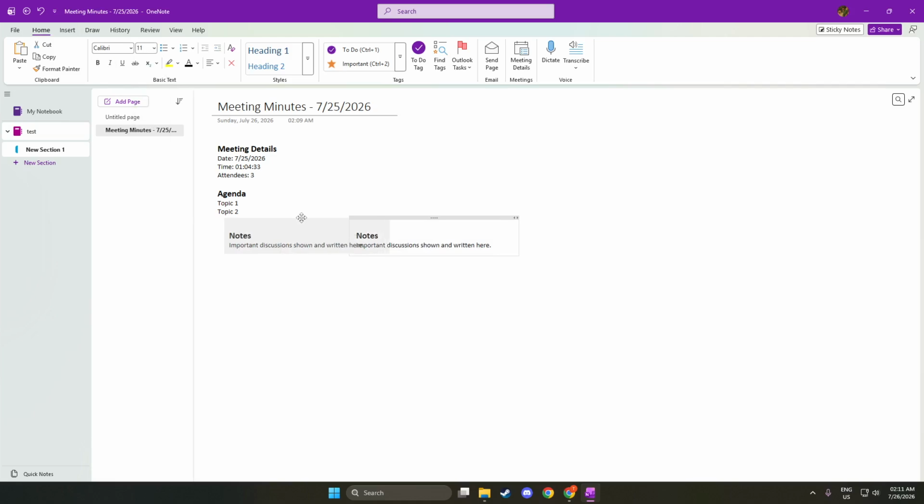Next, we will create the action items section. This is where you'll detail each task, including the person responsible and the due date. Format it as task, person responsible, due date. This structure is essential for clarity and ensures everyone knows their responsibilities. Clear action items help prevent misunderstandings and keep the team accountable for their tasks.